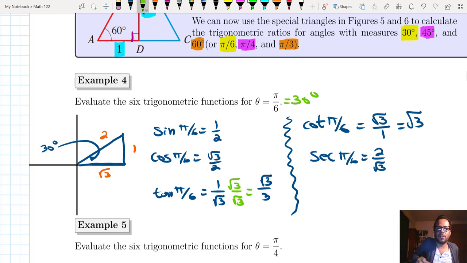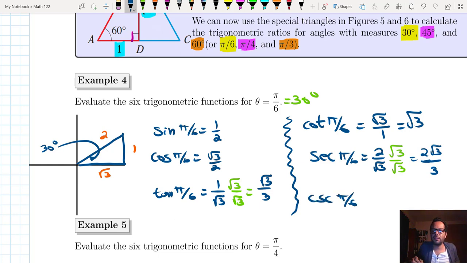And again, you might want to rationalize this one to get simply 2 root of 3 divided by 3, all right? And cosecant pi over 6, which is 2 divided by 1, which is simply 2, right? And there we go, those are the first